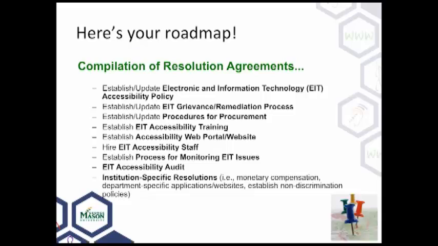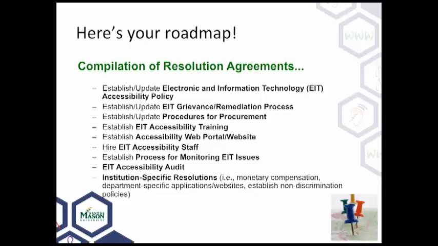You should establish an accessibility web portal. We have an accessibility.gmu.edu page, and essentially it's a portal page. It's a referral site. So you go there, you get quick information, and it points you to either the Assistive Technology Information website, or the Office of Disability Services website, or the ADA coordinator. It's a place to go to get sent out to areas that you're looking for specific information on.